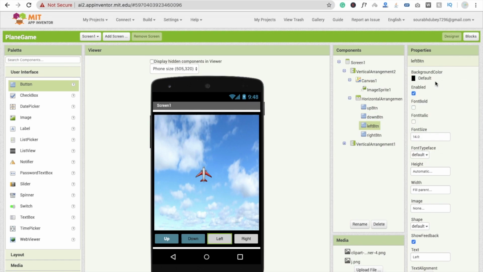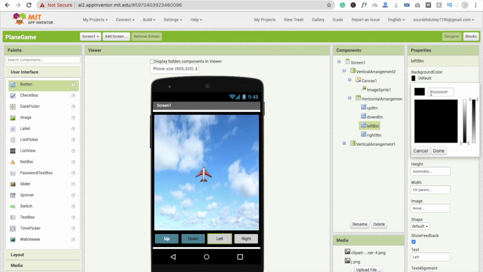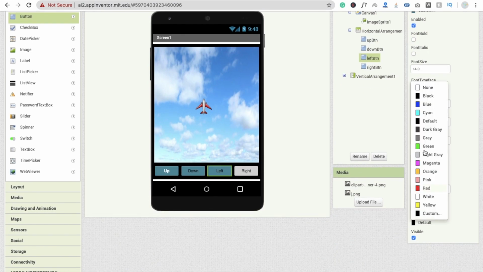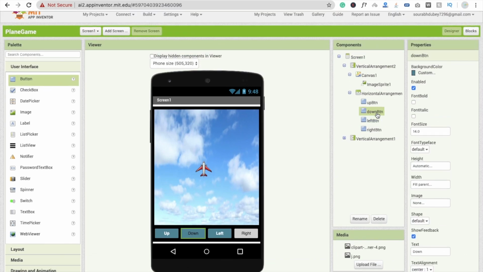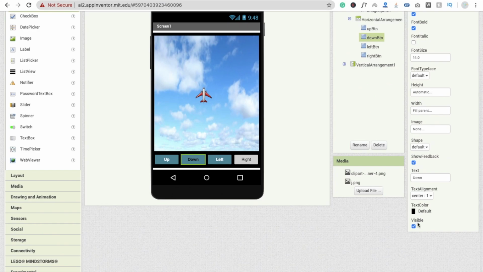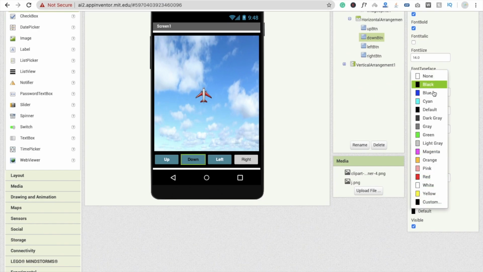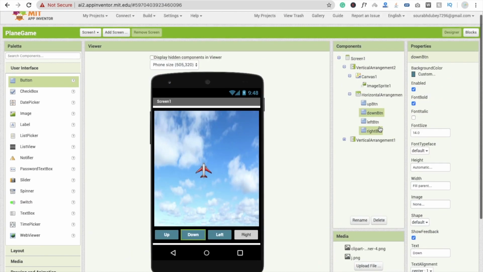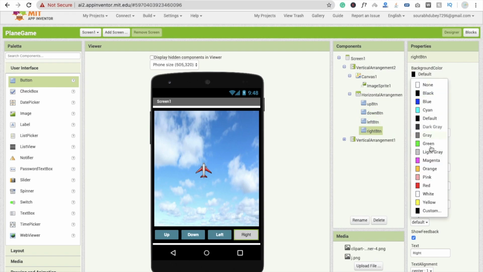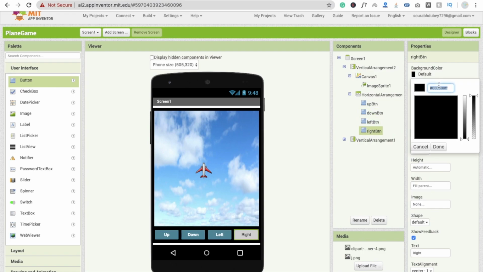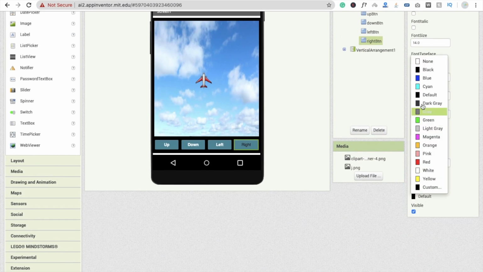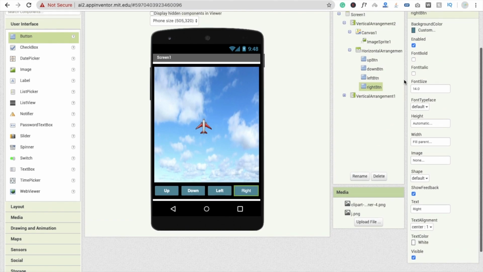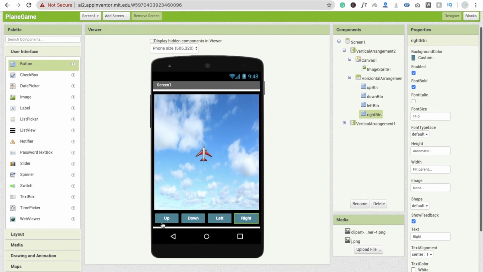Okay, click on down, go to the custom, click on custom and change your color like this. For Sam, like this, make their text color white and make it font bold. Do it for all these images, text color white, and go for right button, make it background color custom and paste your code here and make its default text color white and make it font bold. Fine. These are 4 buttons.